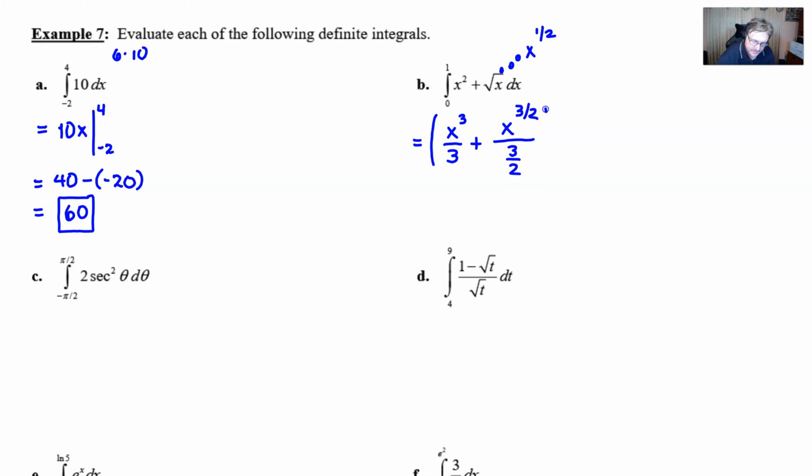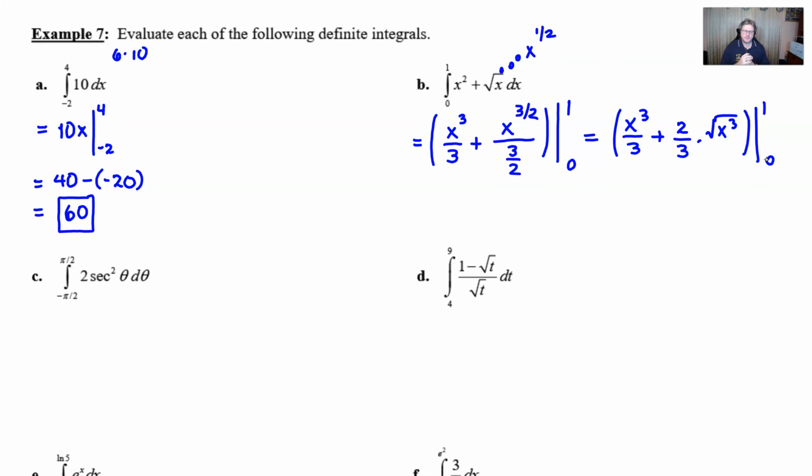We'll change it in our next step, and then you're evaluating from 0 to 1. Now, I would certainly clean this up a little bit, make your life a little bit easier. So we'll move that 2/3 to the front. And then as far as x to the 3/2 is concerned, you could call this the square root of x cubed. You might find that a little bit easier to deal with if you prefer to not use the fractional exponent. But regardless, I don't think it's going to be terrible in this problem because of the boundaries being probably